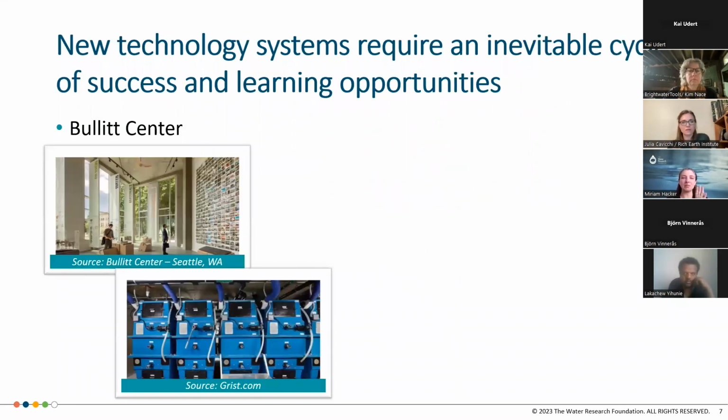So a couple examples I'd like to go into. And one thing that I always start off with is, you know, when you're talking about a transition to a new technology system, you will inevitably learn a lesson. It is inevitable that there might be a misstep or something that you learn from, and it's not necessarily a setback unless you allow it to completely destabilize the process. Those things are inevitable.